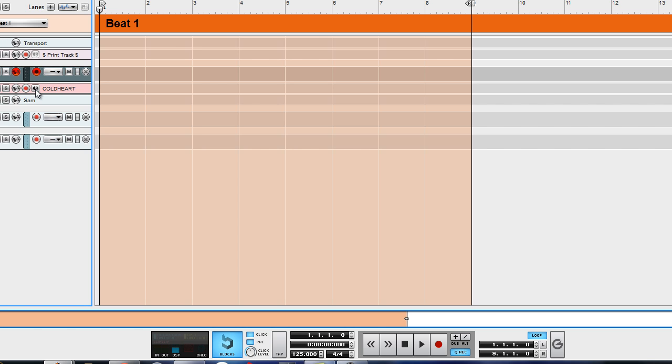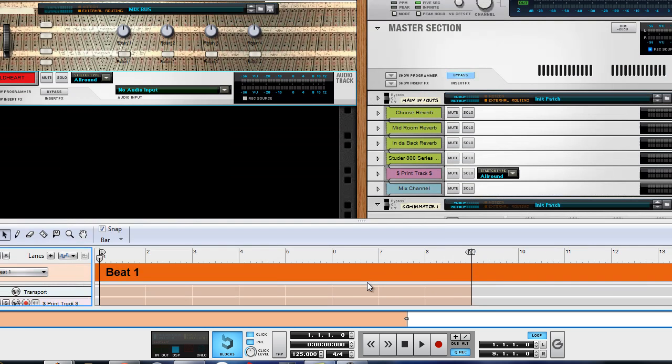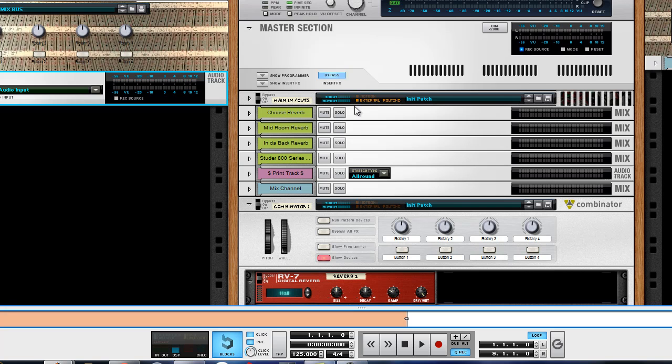So just try that if you understand what I'm saying. If you don't, hit me and I'll better explain it in another tutorial. I already went over the print tracks and why I print, so I'm not going to go over that, but that's always set up. I still use the same